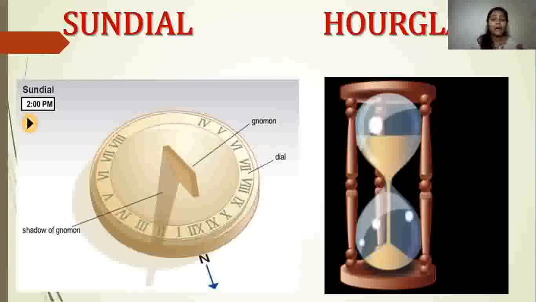There is one very particular part of the sundial which is called the gnomon. Here in the picture itself you can see the gnomon is a triangular structure which is vertically attached in the center of the semicircular or circular sundial. The shadow of this gnomon helped the people at that period of time to get to know what time of the day it is.